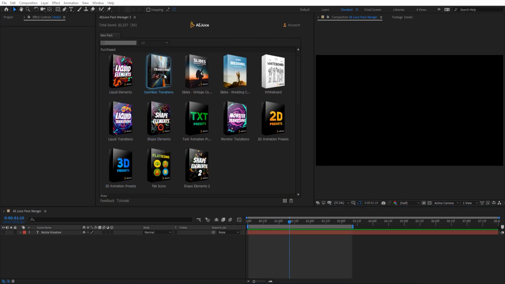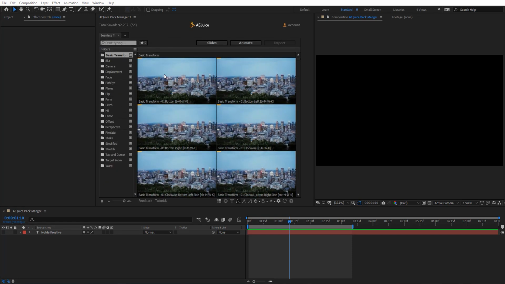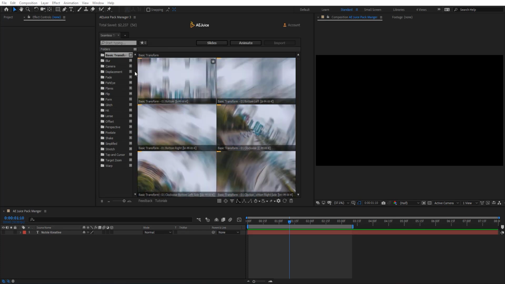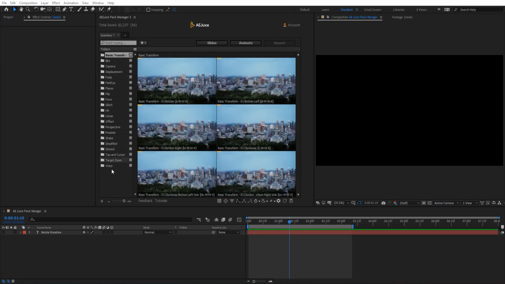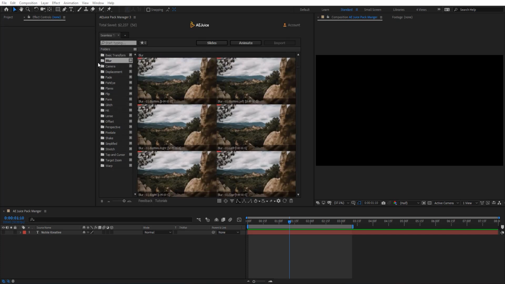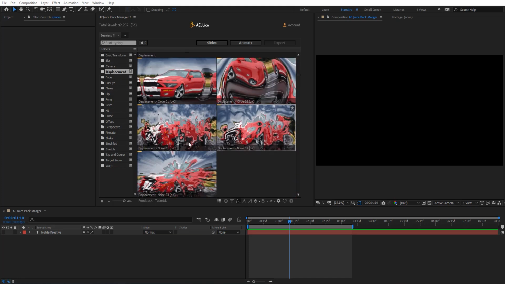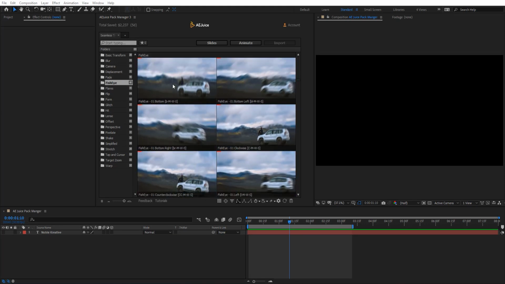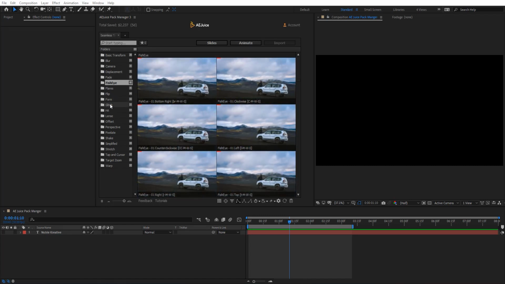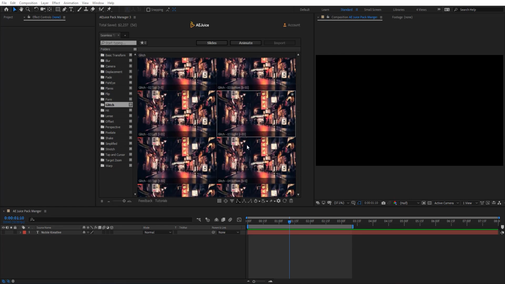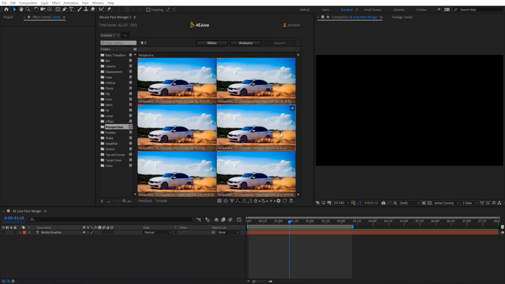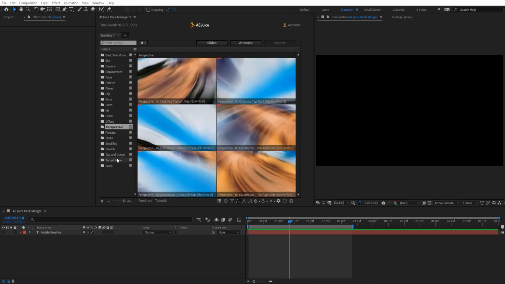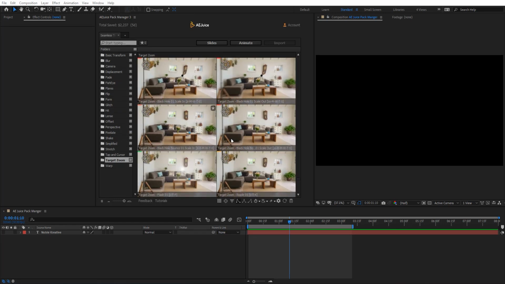And now let's take a look into seamless transitions. Basically this pack is just about transitions that are going to work with your photos and videos. And as you see here, we got all the most popular categories. We have basic, blur transitions, camera transitions, displacement transitions, fisheye transitions, and also glitches. As you see, some very cool transitions here, perspective, and so on. So you got all the categories that you may need in your project.